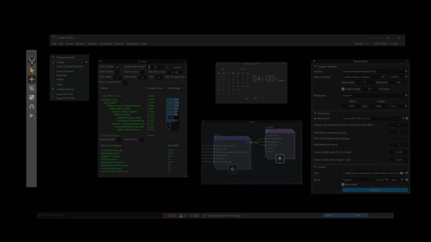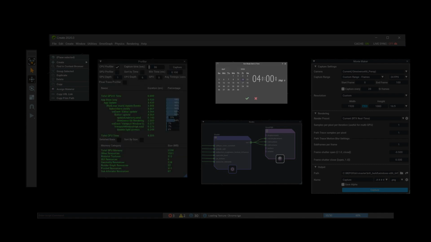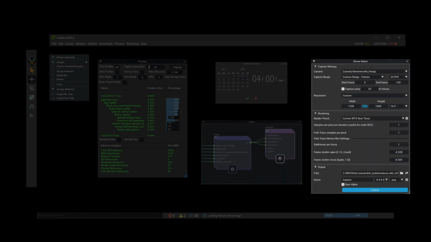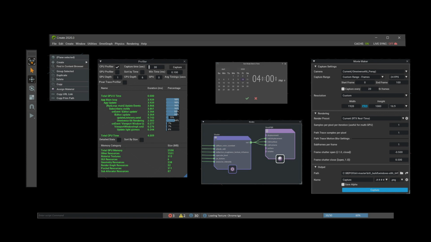From left to right: a toolbar example that we use to manipulate the USD scenes. Context menu frameworks for you to build your own context menu. Profiling data that shows you what's going on in your scenes and the performance you're seeing. UI for picking dates, a great graph framework that we'll talk about a little bit later in the presentations. Here's an example of Movie Maker, so you can capture great cinematics of your scenes. Even the menu bar is customizable and extensible for your own needs. This is just a small set of what we are working on to share with you for our beta release